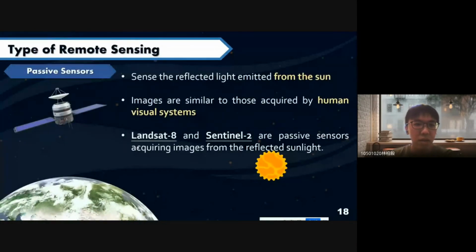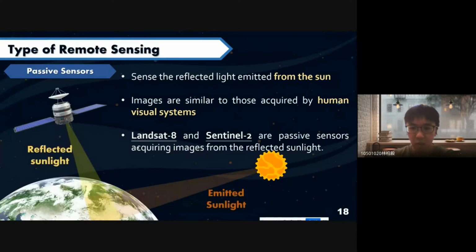And the second type is the passive sensors, which sense the reflected light emitted from the sun, which means that the sun emits the sunlight, and then the sensor senses the reflected sunlight. So this system is similar to our human eyes, and the images are also very similar to those acquired by our eyes.